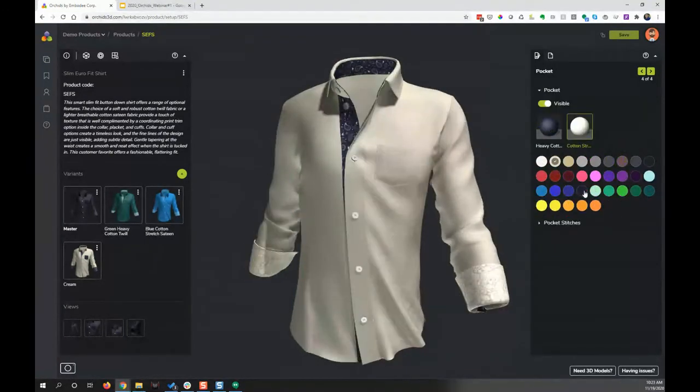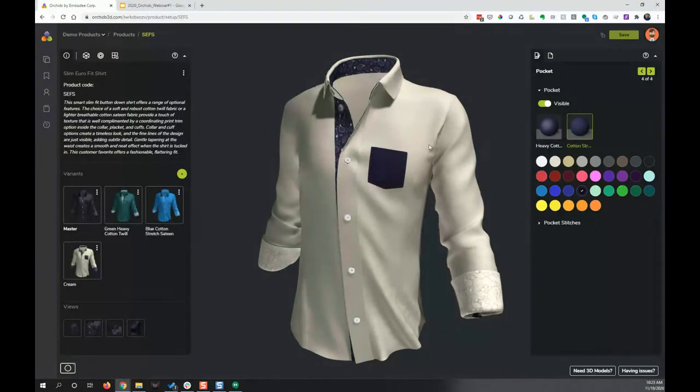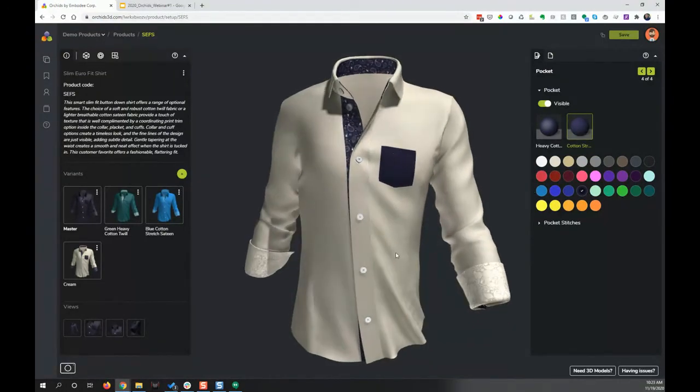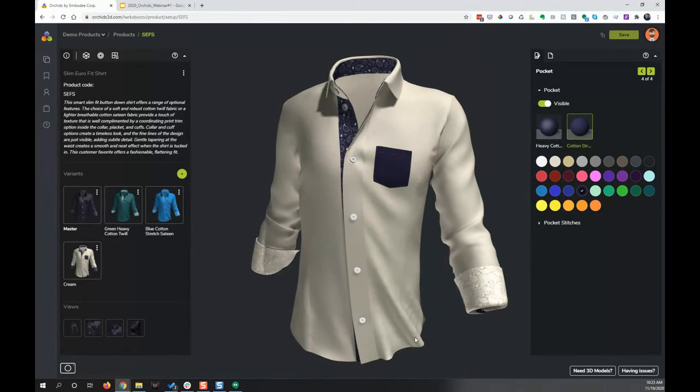And maybe I can make a pocket that looks a little bit different. I'm simply clicking on the model. It provides the options over here on the right, and I'm able to colorize and select different materials there. So a product that looks maybe something that I like,